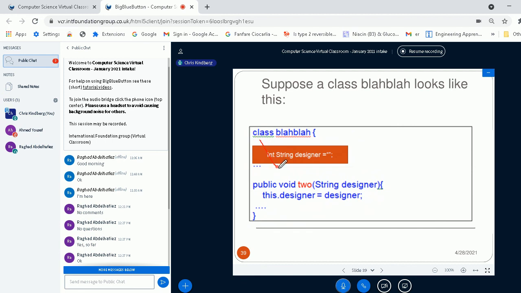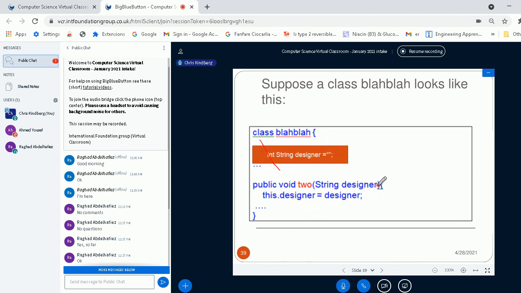So this is a mistake. It should be just string designer, and I'm initially assigning it the empty string, so here and here I've got inverted commas with nothing in between. So it's string designer, we don't know, I've left it undefined.